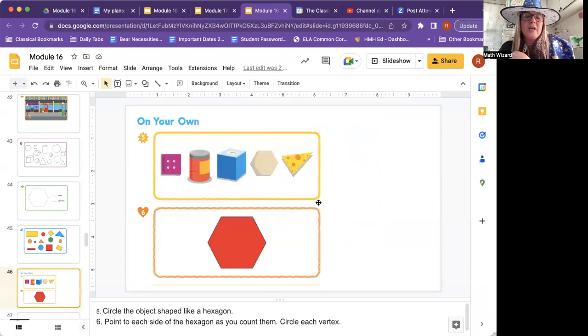And then here on your own, circle the object. Oh, I'm not going to tell you. I want you to go find your homeschool teacher and have them read it to you, and then you can show them how much you know about hexagons and say, hey, mom, or hey, dad, or hey, homeschool teacher,